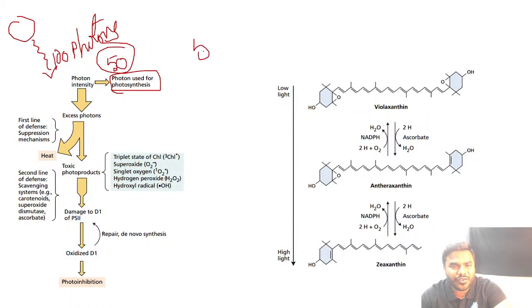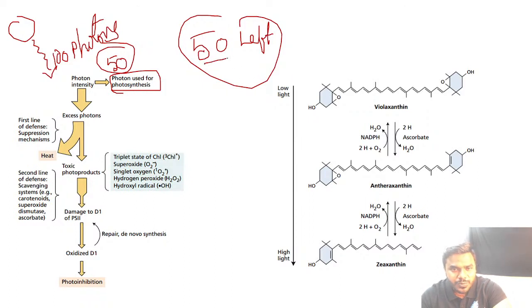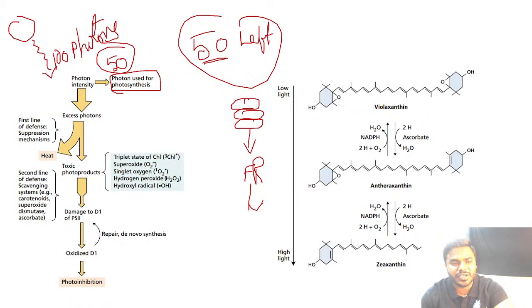Now how many photons are left? 50 photons are left. What did I tell all of you, my friends? If these 50 photons are not utilized or not released, what happens? They can form the triplet. The triplet activates the free radicals. Free radicals will inhibit the photosynthetic machinery, which leads to photoinhibition. Now, how is the plant going to release this? Listen to me. There are many kinds of defense mechanisms. The first line defense mechanism, all of you listen to my statements carefully, please. The first photoprotective mechanism we call